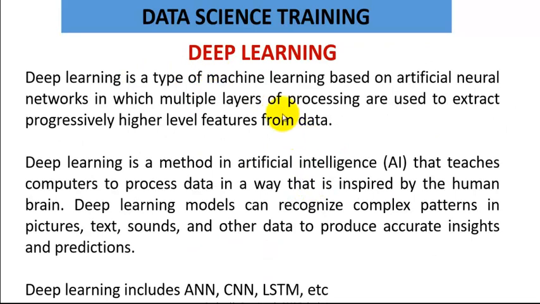So deep learning is a type of machine learning that uses what we call neural networks. In deep learning, we are going to talk about artificial neural networks, that is ANN. Look at the mouse here. CNN, that is a convolutional neural network. Then long short-term memory. These are tools we use in deep learning. In deep learning, we talk about image recognition. We talk about speech and sound recognition. We talk about text transformation, text to speech, speech to text, and so on. These are the things we do under deep learning.